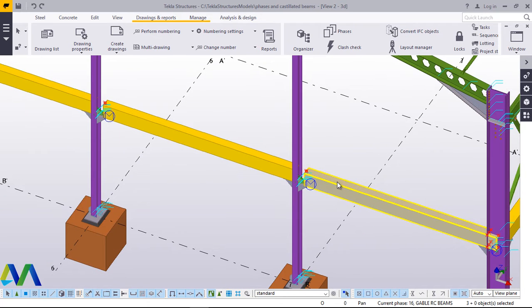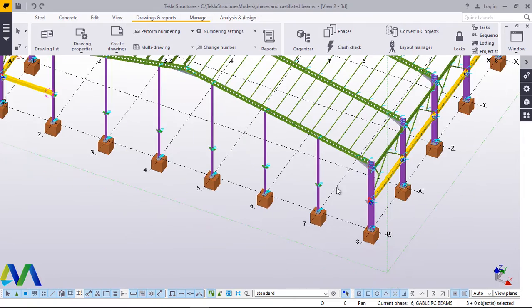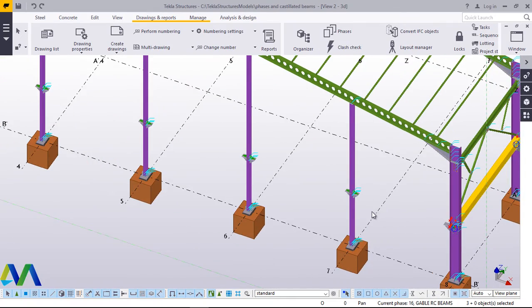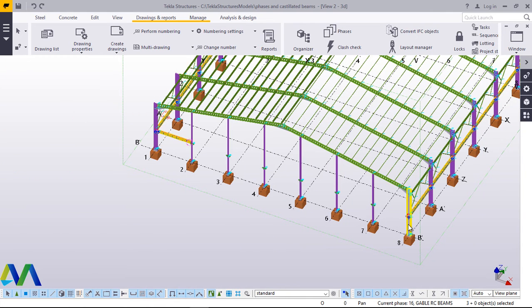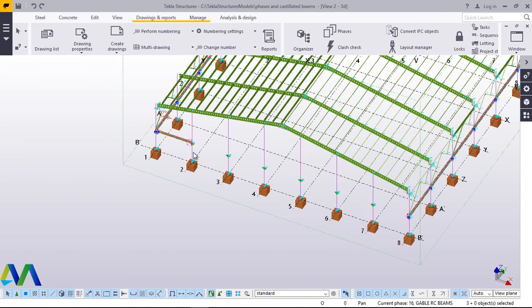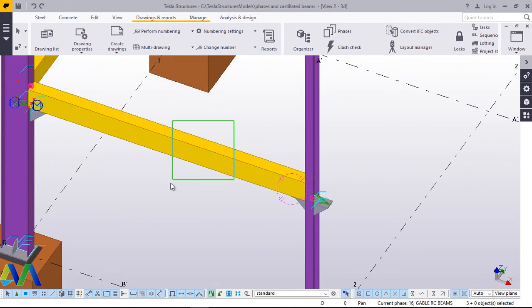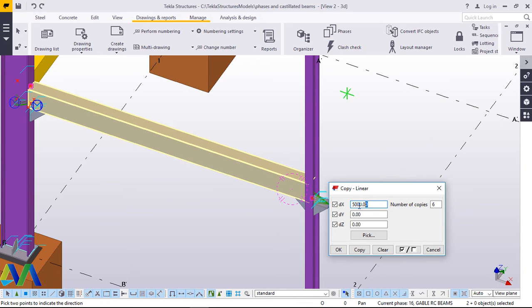Now what we are going to do is to undo this. After undoing that, we want to create a column on this side. We want to create another beam for this, but we'll make sure that this one has been copied. We'll take these to linear and we'll feed here